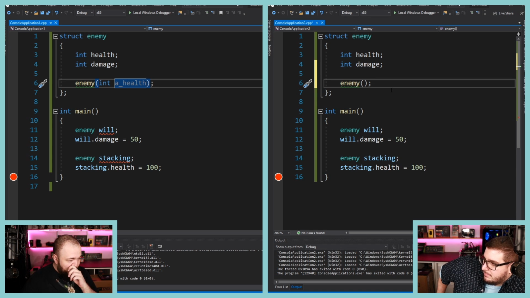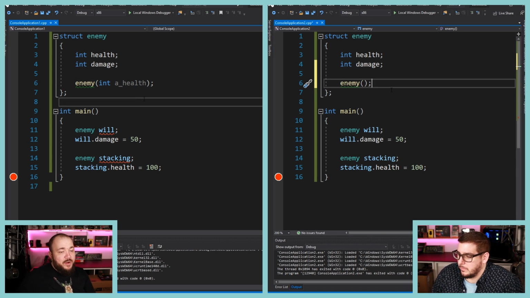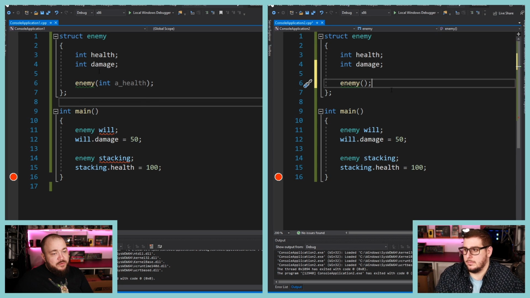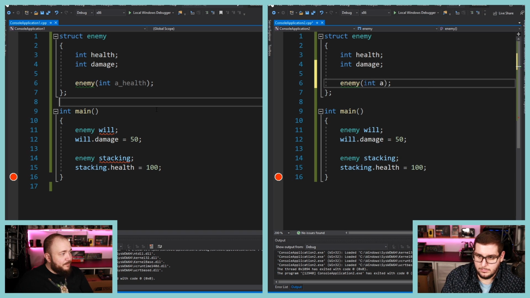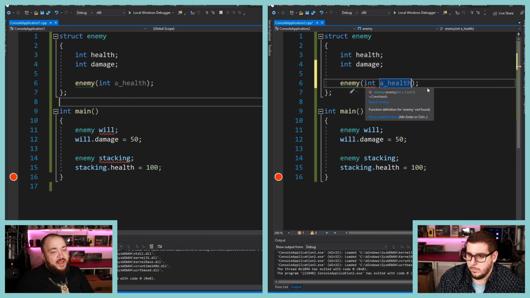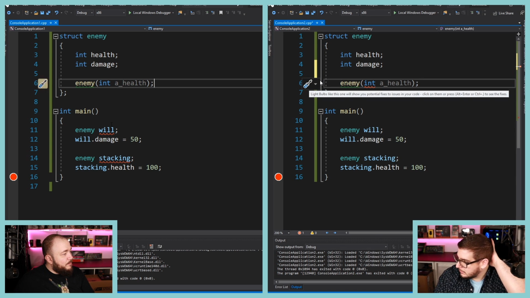Cool. So let's do a thing here. I'm creating a constructor. I'm saying there's a constructor called enemy, and it has 1 argument, which is a health, for example. I'm only saying a health because this one is called health. I can show you later in a bit. But you see what happens now? If you hit save,